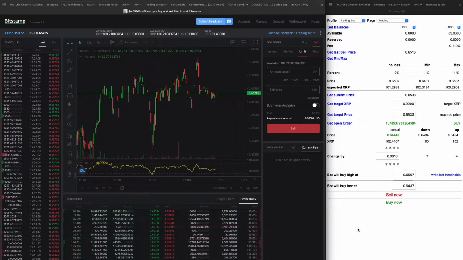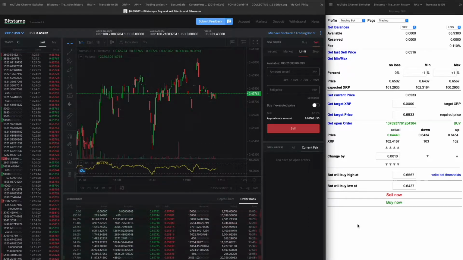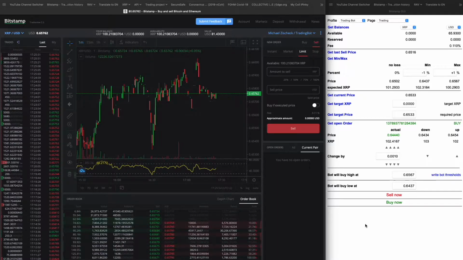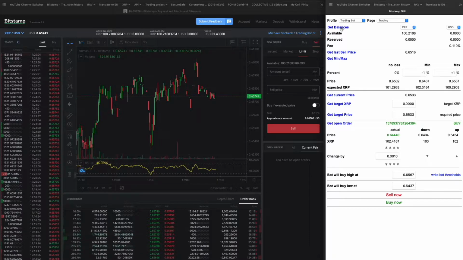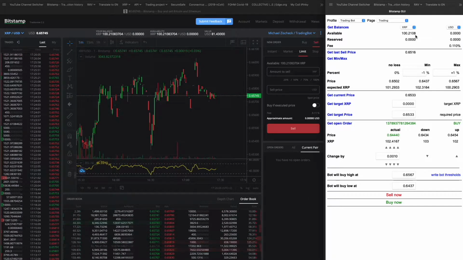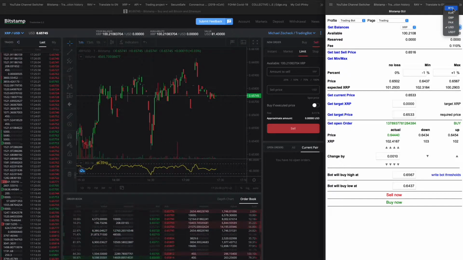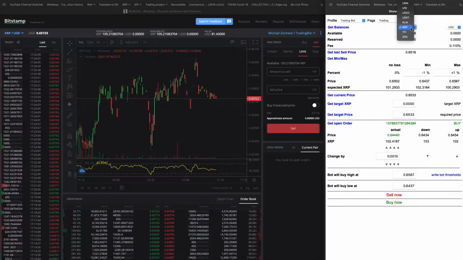Once again, I want to quickly demonstrate the tool I created. It's in the meantime actually pretty cool. So here we do have 100 XRP in my current account. I should get the balances to reflect that. I could trade in all the available currencies and all crypto which are available on